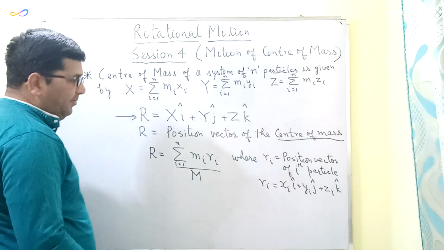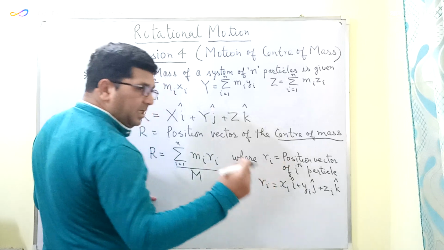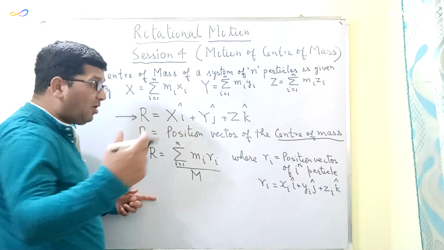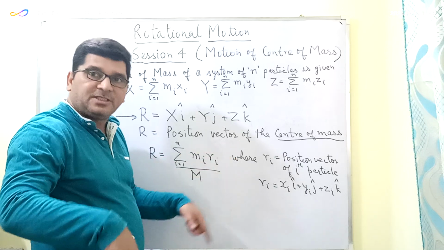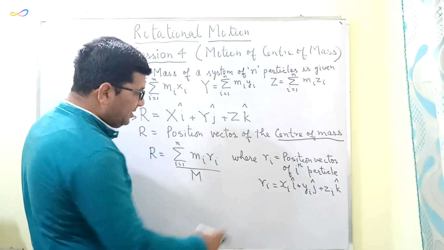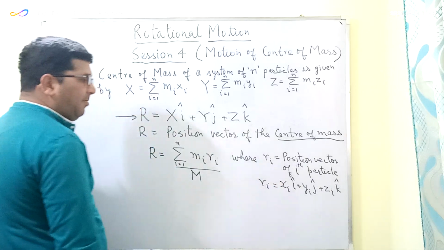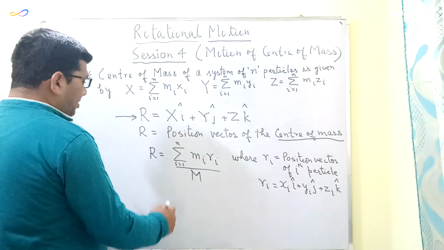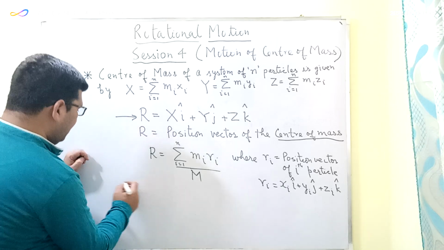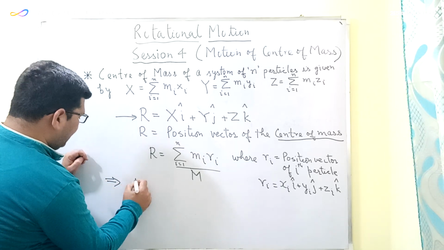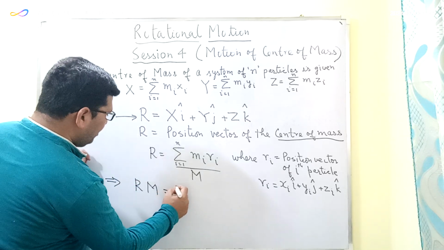So I have written the position vector of any particle comprising that system of particles, given by ri equal to xi i cap plus yi j cap plus zi k cap. Now I will be using this equation, which can be written as r into M. By cross multiplication, r into M will be equal to summation